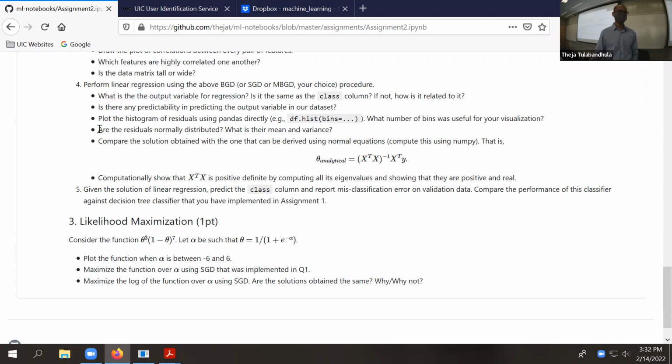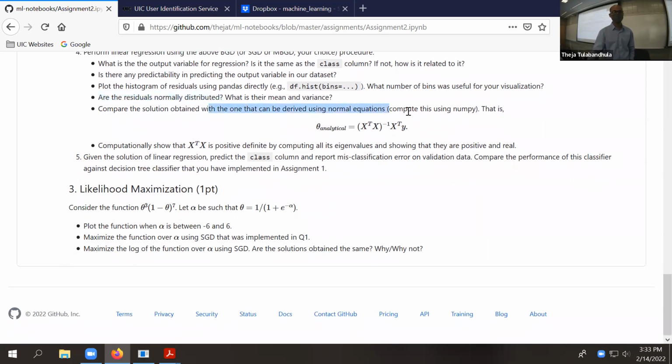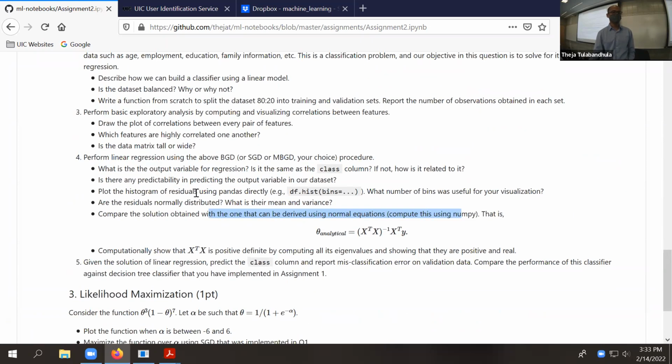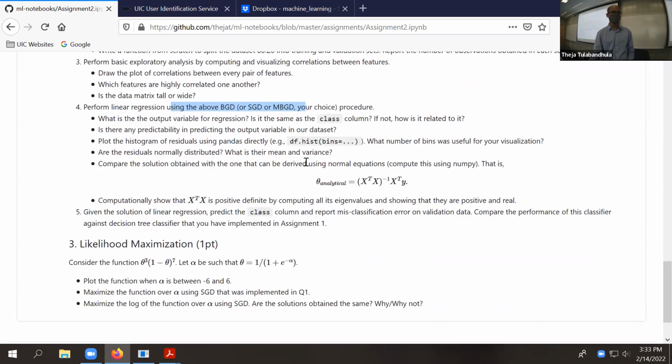So for example, there are some diagnostic questions like, are the residuals normally distributed? It's just something that you can potentially even plot and see. You can report visually. I mean, that's not the right way to do it, but at least you can report visually. Does it look normally distributed, for example, right? And then also compare the result with what we saw using a formula. I think last time we saw the normal equations, right? So that gave us this expression for linear models and squared loss. So we can try to compute theta according to that and see whether it actually matches with the theta that we got from using the gradient descent procedure. And